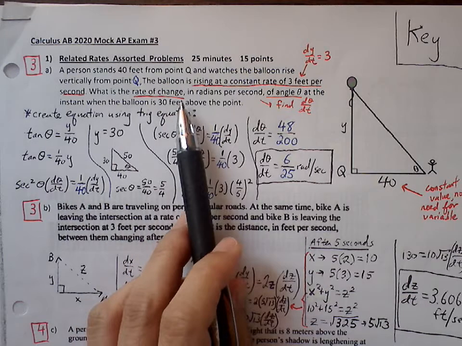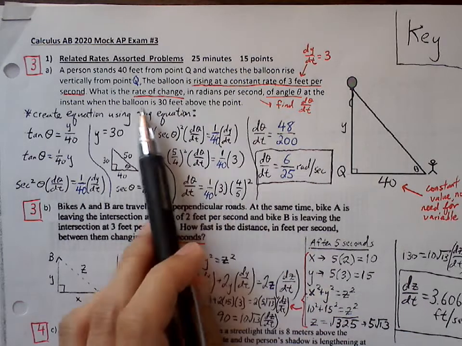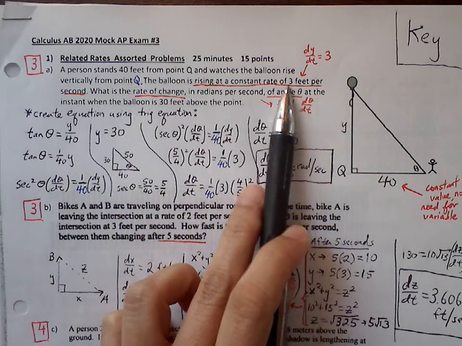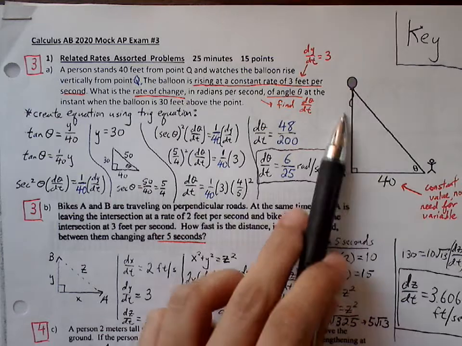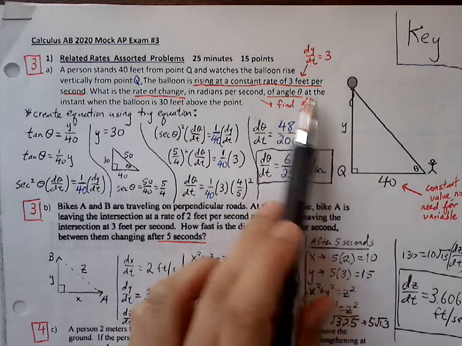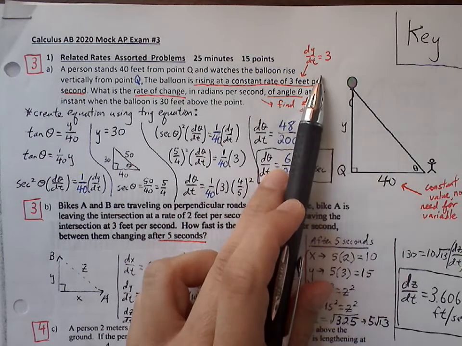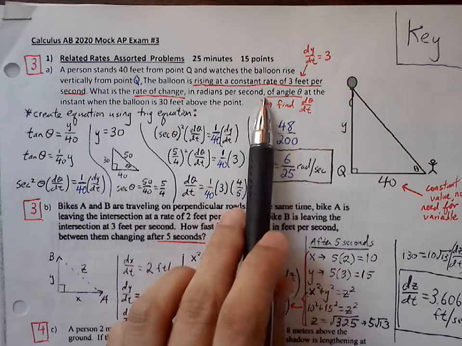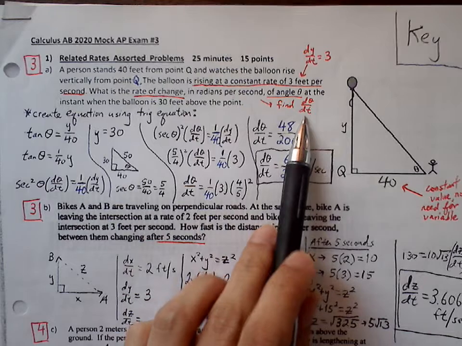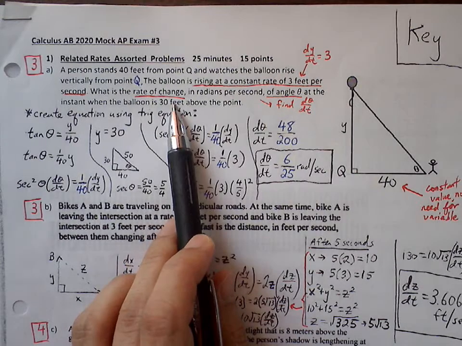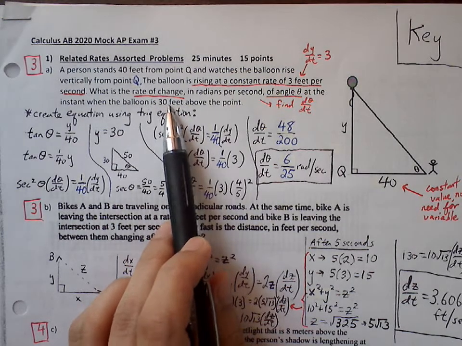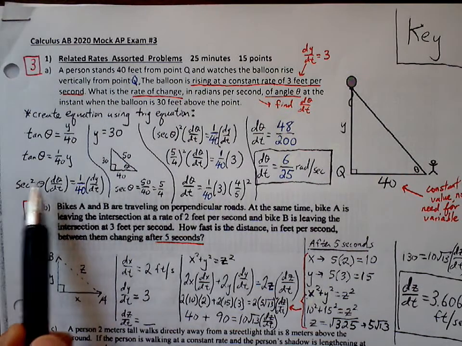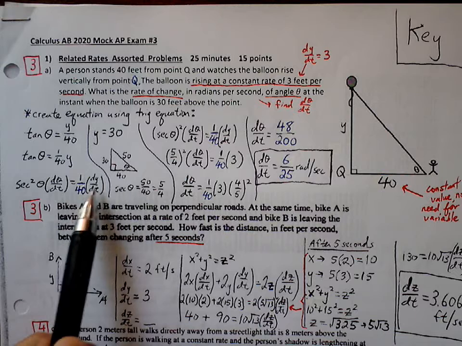So let's see some information here. We know the balloon is rising at a constant rate of 3 feet per second, so we know that's relating to this y vertical distance, but it's a rate of change, so we say dy dt is going to be a positive 3. What is the rate of change in radians per second? So we're looking for d theta dt when the balloon is 30 feet above that point. So at the moment when y is 30, we can use that information to help us gather pieces that we can plug in. So we have dy dt,